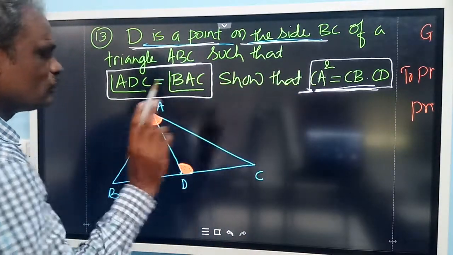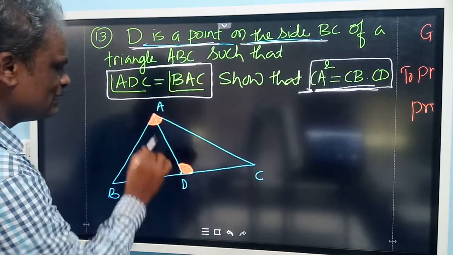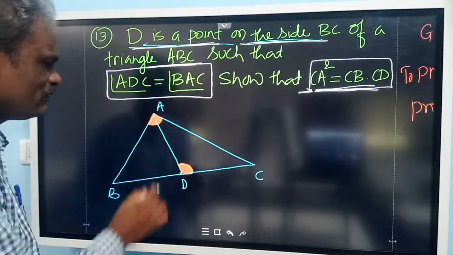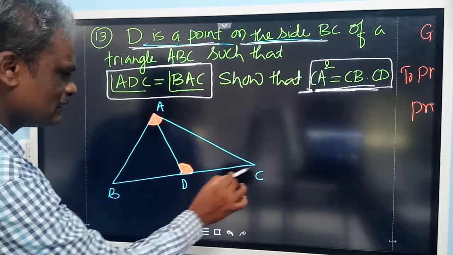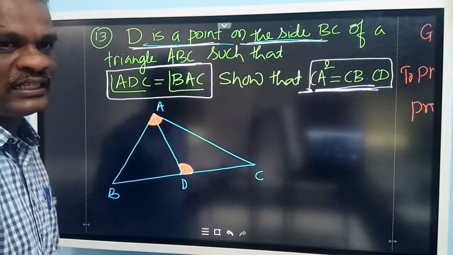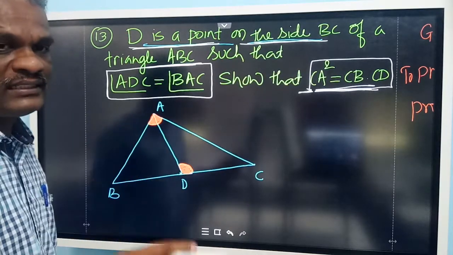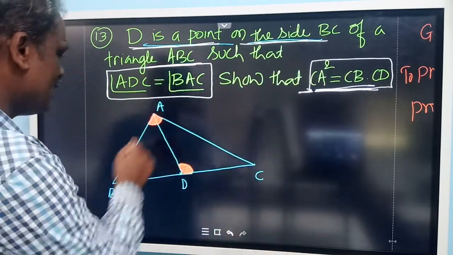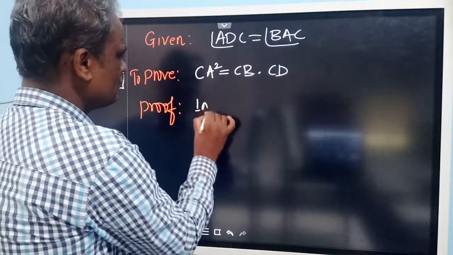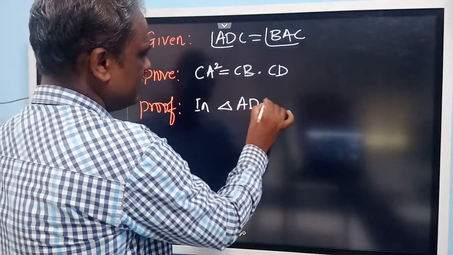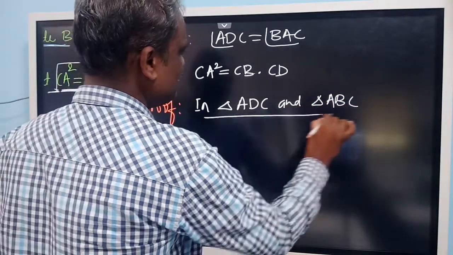So now let us prove. Two triangles you have to take. First one, it is easy to identify the given triangles. Look at this, these two angles are equal. These are the angles of triangle ABC and ADC. So therefore we need to take only these two triangles, ADC triangle and ABC triangle, because in the question itself they have given these two angles, and these are the angles of triangle ABC as well as ADC. So let us take triangle ADC and triangle ABC.